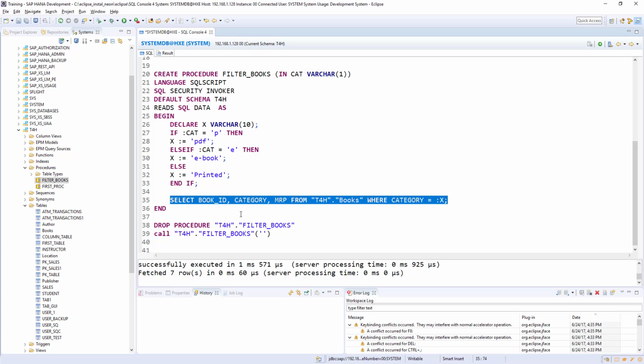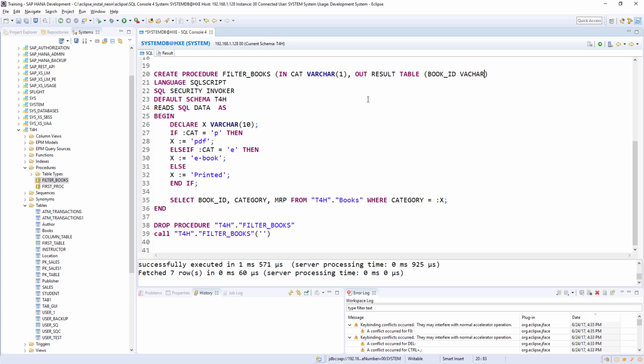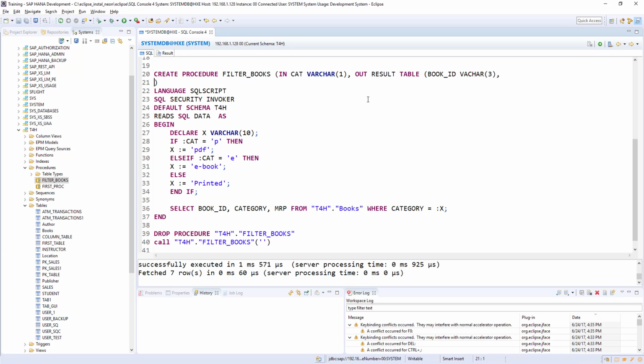Even the output parameter I can control. So for example, let's take another parameter with out. So this is going to be out, and out I will say result, and I'll define a table: book underscore ID, and you need to mention the data type varchar of 3,